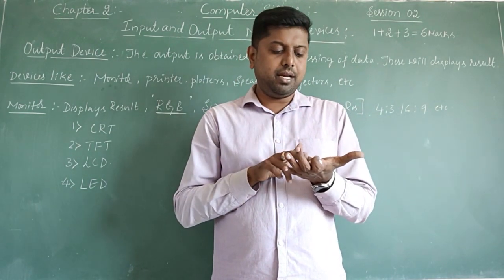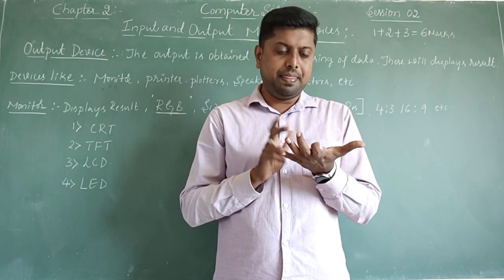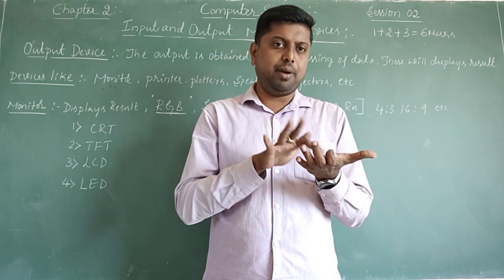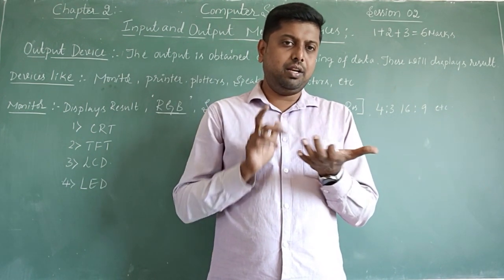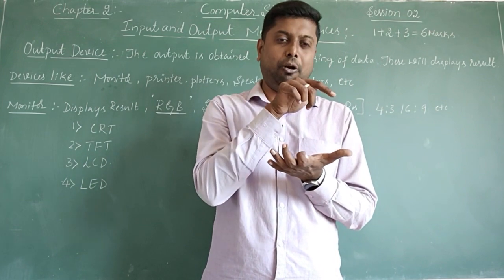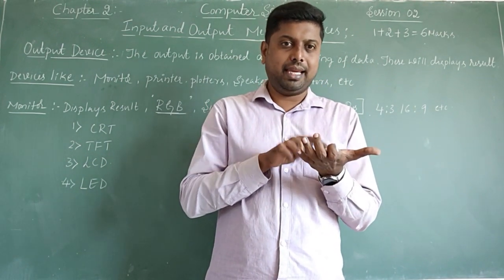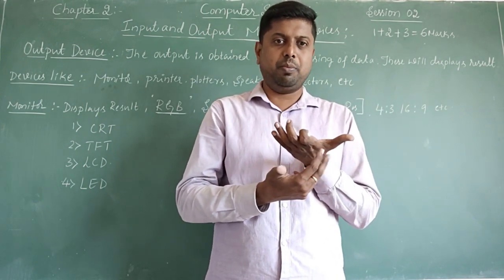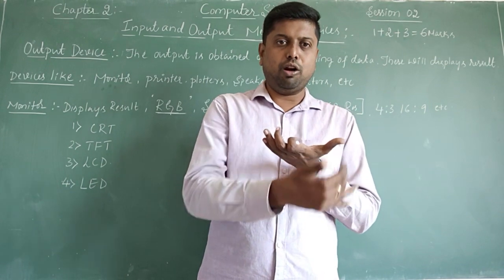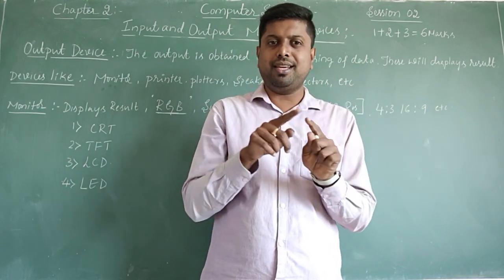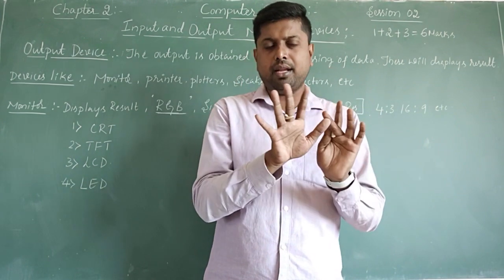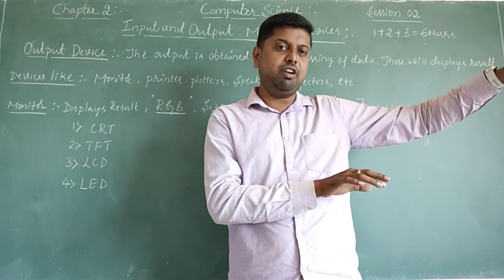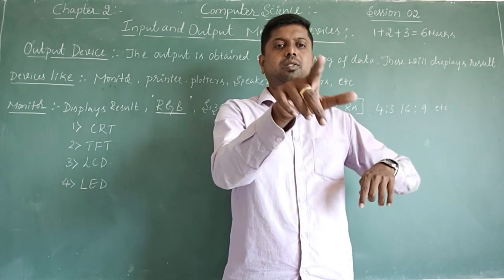So when you enter the keys on the calculator, when you press 2 plus 2, automatically it will give the result on the screen, that is 4. See, we input the keys 2 plus 2, and the process, the operation of addition, will be carried out in the processing unit. Then automatically the result will be displayed in one more unit, that is, on the screen you will get the 4. Like that in our computer also, when you enter an input, after processing, the result will be displayed in one more unit. That unit is what we call the monitor.